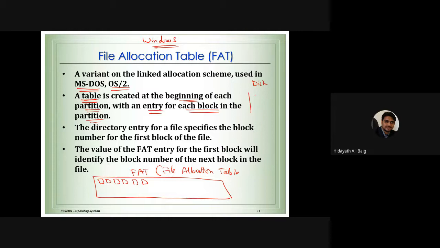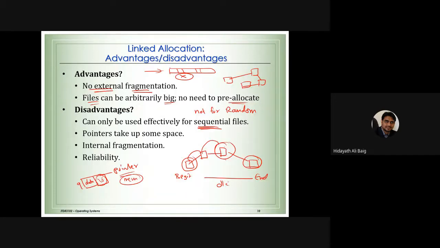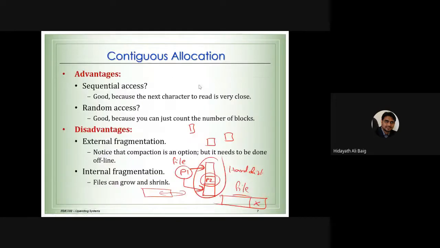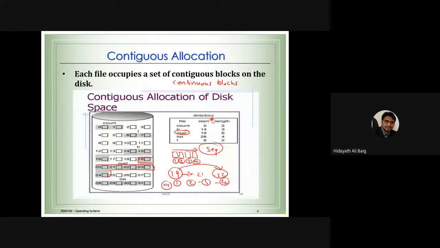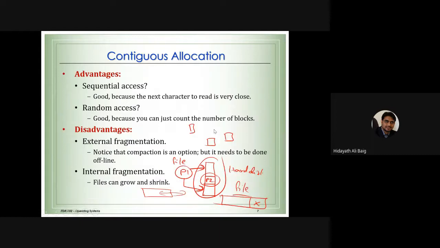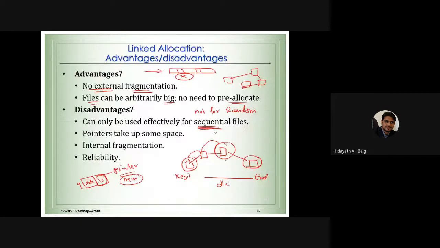Okay, so the hard disk, we can logically put the partition. Even if you don't put the partition, in the beginning of the hard disk, this table will be there. Now we are talking about the directory. I told you that the directory will be there in every method. Here also, there is a directory. Contiguous allocation also has a directory. What is a directory? It contains the information about the file. Now in this method, how will the directory be?